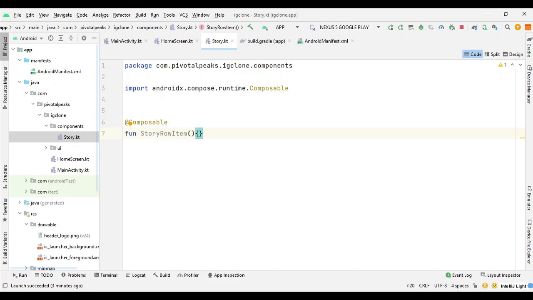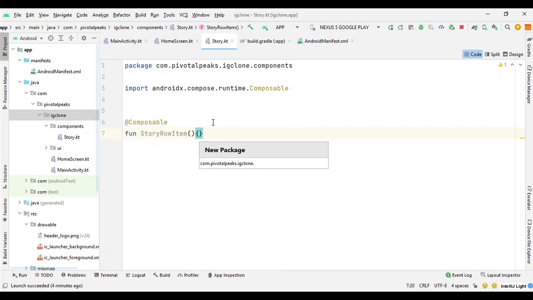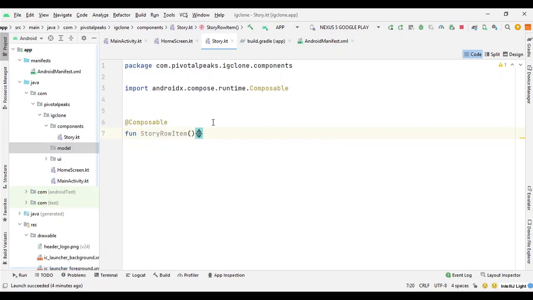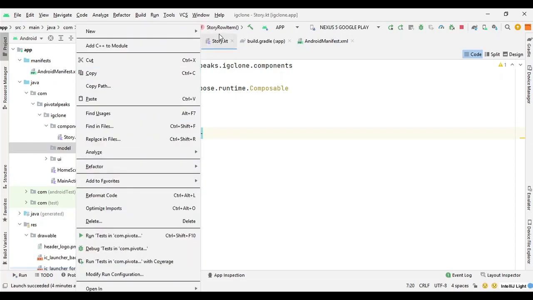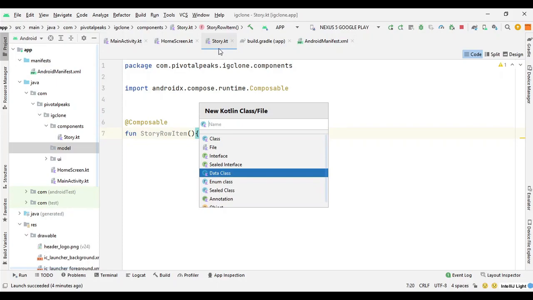Inside this function we need to pass some user data, and for which we will create a data class for a user. So let's create another package for model. So we will say package model, and here we need to create a data class called User. So we will say Kotlin class, and here we will select data class and we will say User,